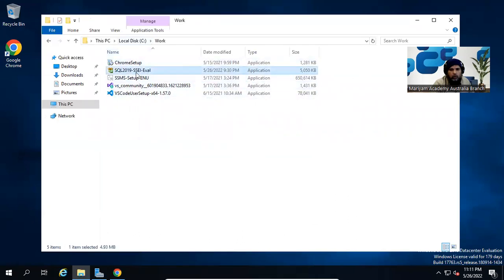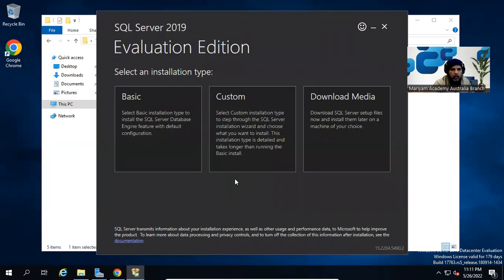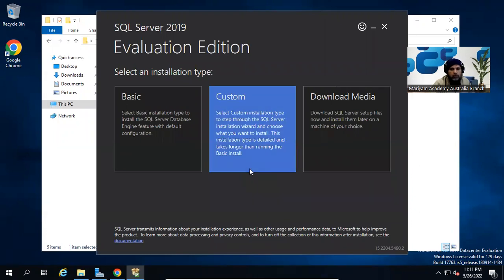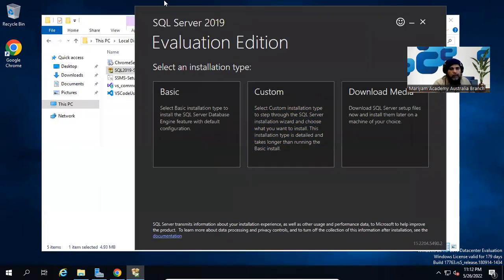And it's a small file. So what I'll do, I'll just right click and run as an admin just to avoid any permission issue when I'm going to install the binaries on the operating system. Now the installer has been changed, and that's the good thing, because previously you had to download the full ISO file to install the SQL environment, but now